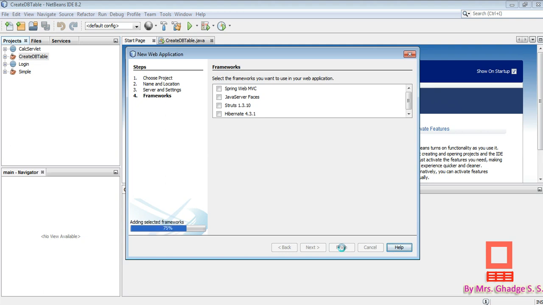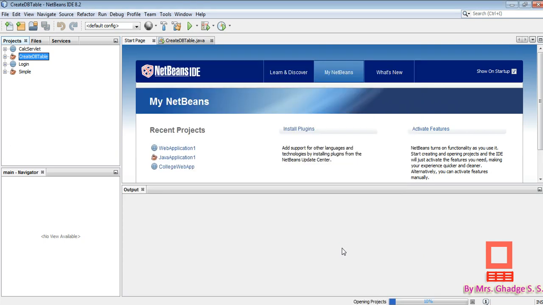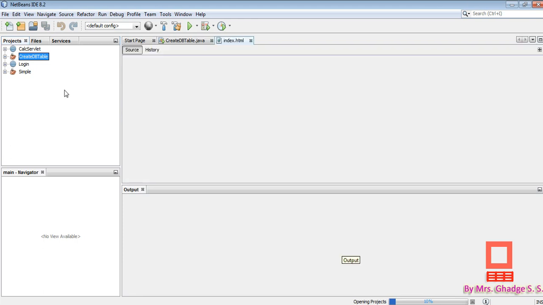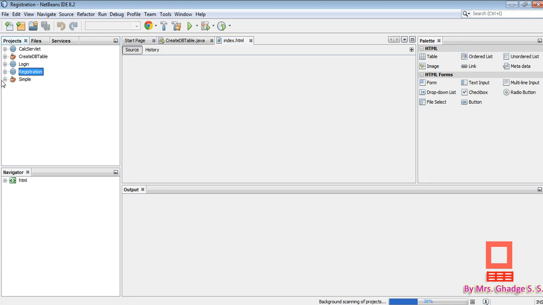Okay, so in this way we will create our project having name registration. At the left side of projects tab you can see here registration project.